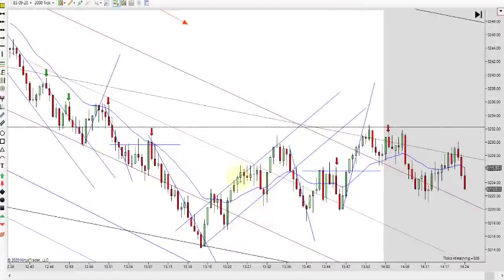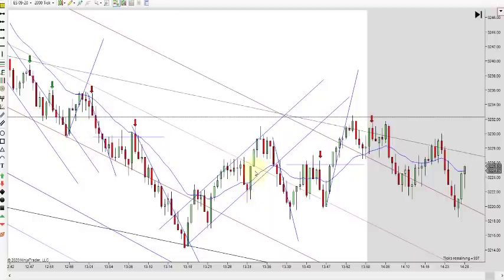You could look at this as a failed break out of that, but the trend is down and very strong, and we just came off the midline. Don't go long, just wait.